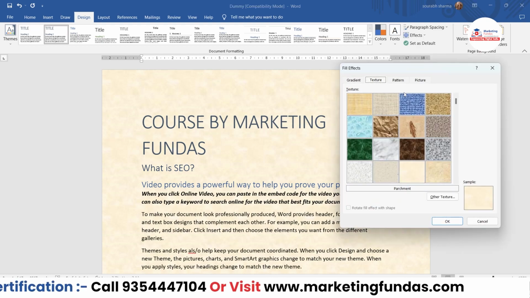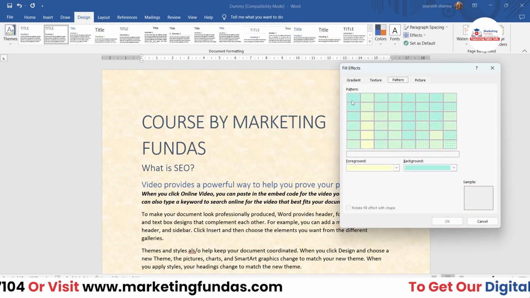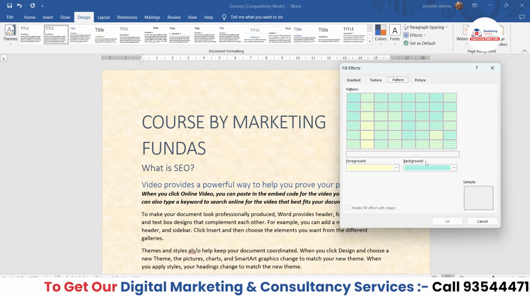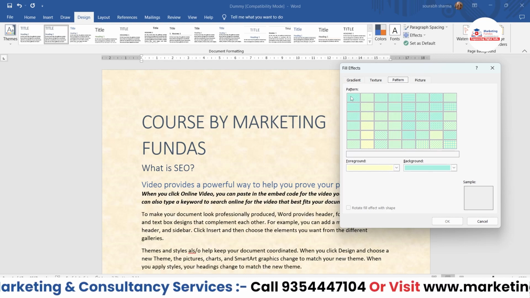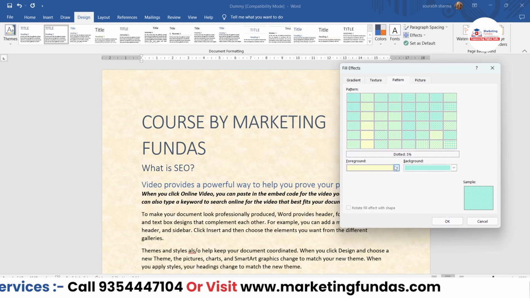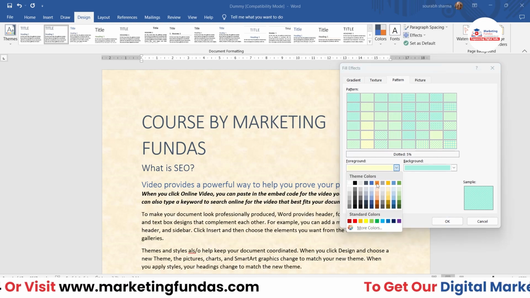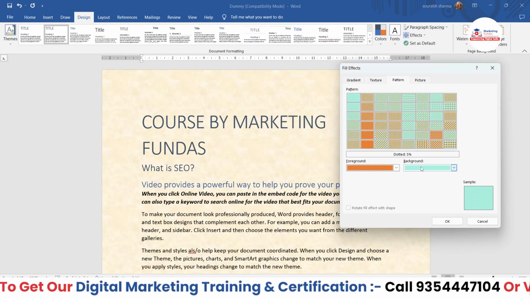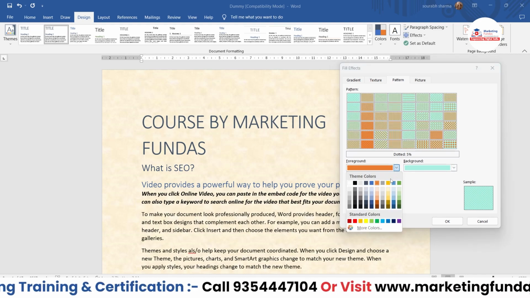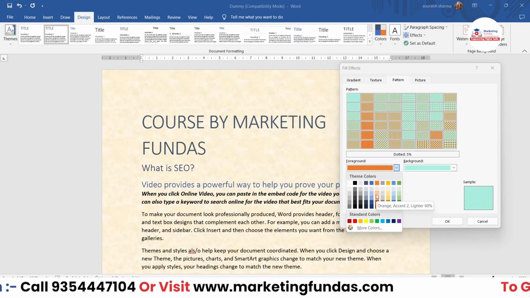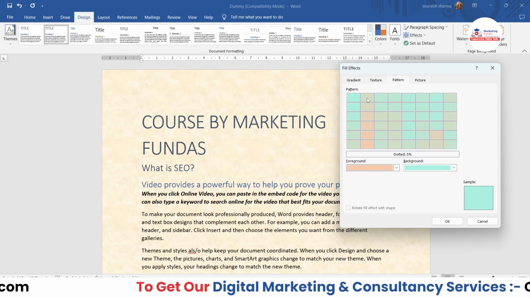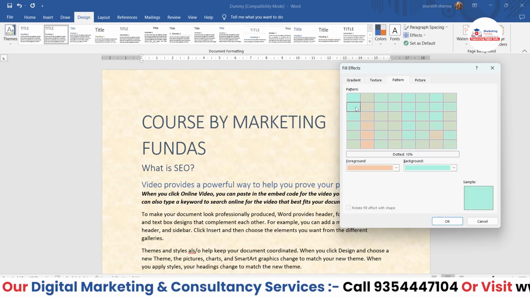So this was all about texture. Then we do have pattern options. So in pattern option, we do have two colors, foreground color and then background color. So you can choose any. If you want, you can change the color as well. Let's say I'm changing the foreground color into orange. It is not the brightest color. Let me choose the bright color. Then background color is this, and if you hit the apply button, let me take this one,